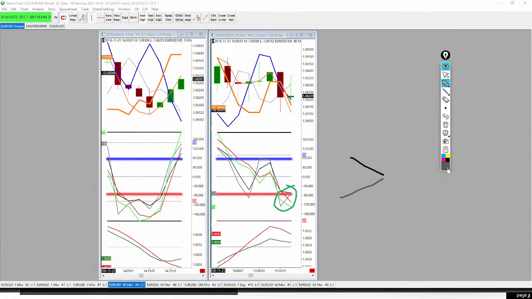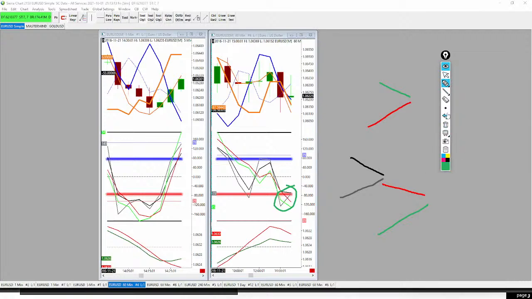The green and red lines do this as well, right? If the green was up and the red was down, then we would have a hiccup there as well. And then in reverse, it would be red up, green down, or black up and gray down, right? So this is what we call a hiccup.